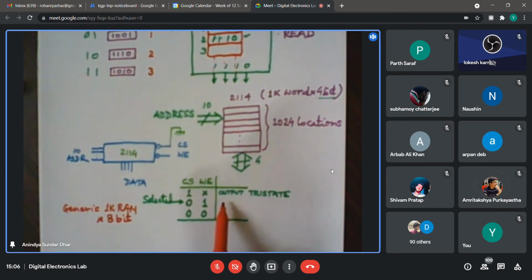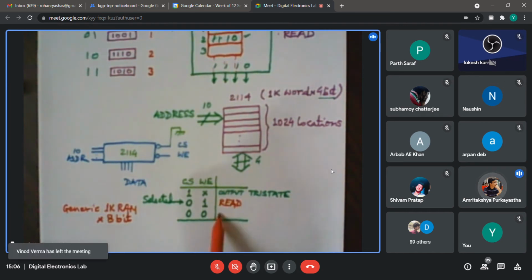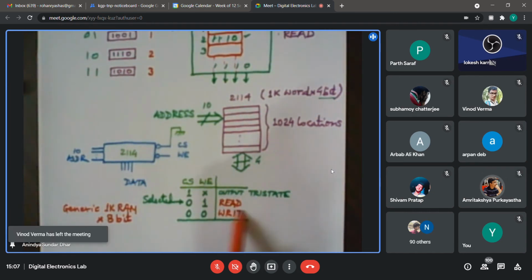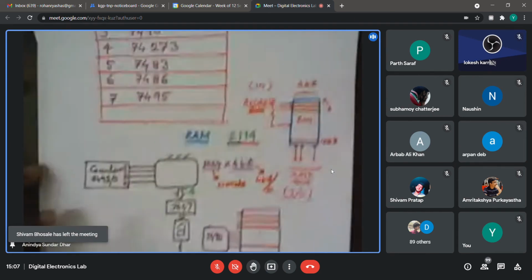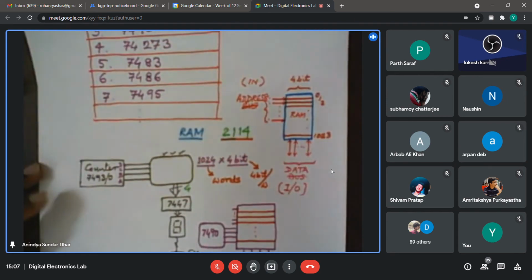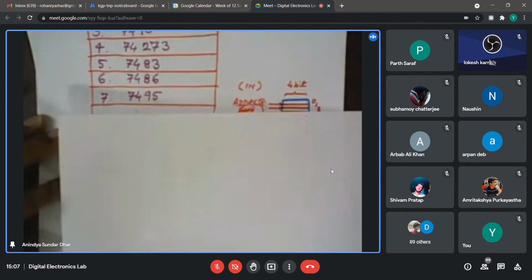You are correct, but can you tell me the rationale behind that? Because write enable is active low. When it is active low, and the chip is also selected, at that time we know that we are going for write mode. And if it is 1, then we are in the so-called read mode. Now, where I have drawn, if I put back this one, see whether that makes sense. Only look at this portion; maybe the other portion I can cover.